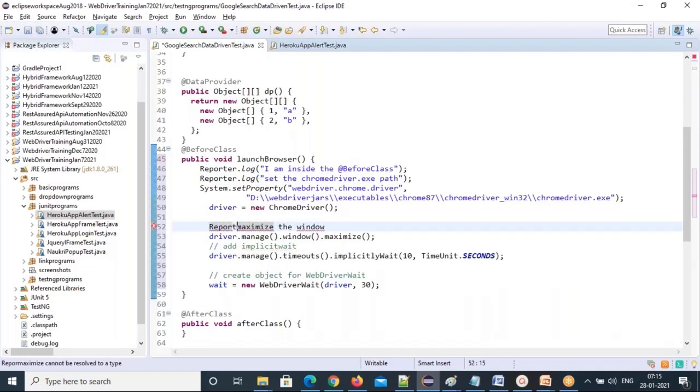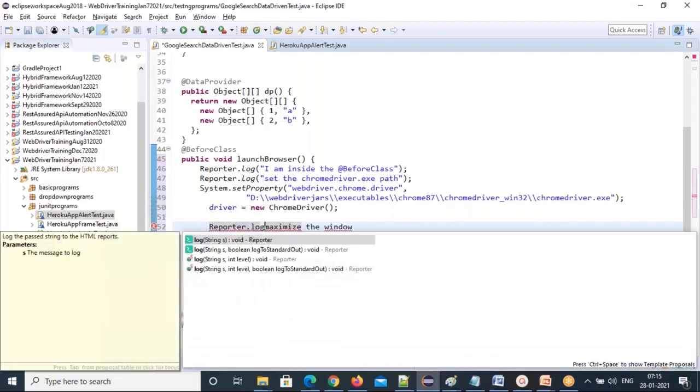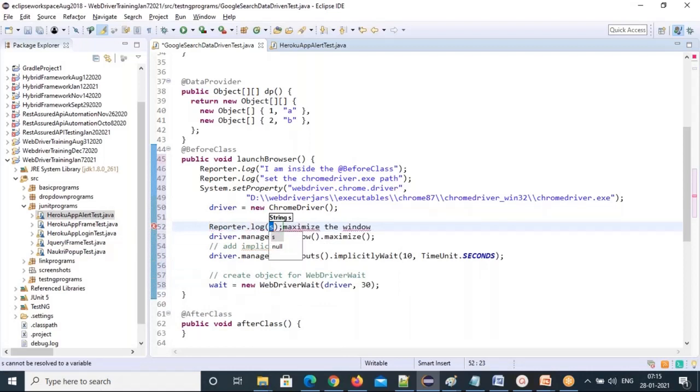So reporter.log, and you write these log messages. The log messages you can put here, saying that to maximize the window. Every comment you put inside this reporter.log.